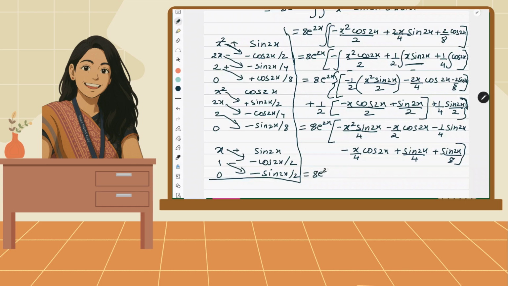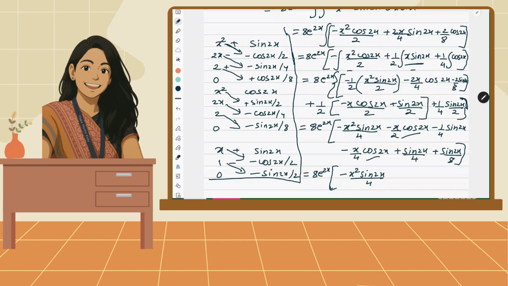Just make sure you should not do silly mistake or the sign mistake. Maybe I have also done. Let us see what we are getting. Minus x square sine 2x upon 4. I don't have any term matching to this, so I'll write it as such. Now x by 2. So x cos 2x do I have? Yes, I do have here. Right, here also x by 2 I have, and here I have x by 4. So I can combine these two terms, this term and this term, right?